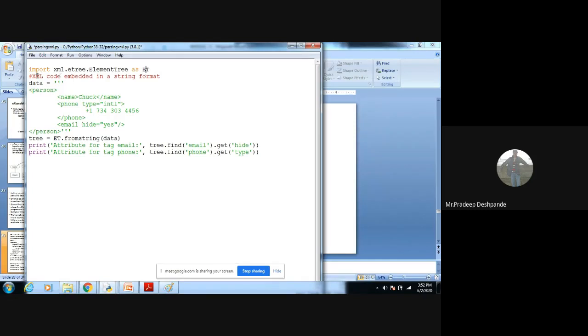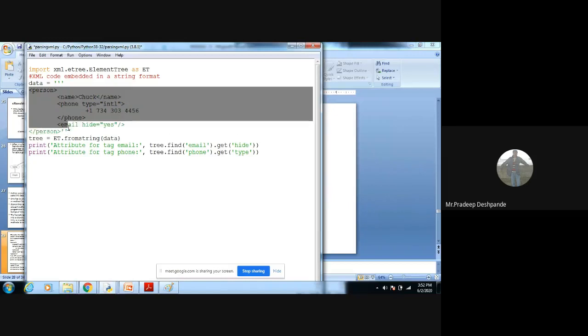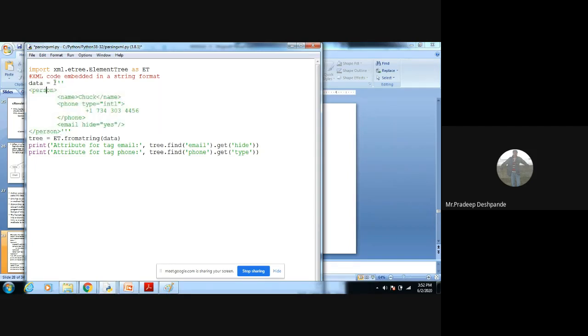Okay. So here XML code is embedded in string format. This is our XML code, from here to here. It is embedded inside this program in string format. What you see are three apostrophes here. Whenever you are embedding data inside a Python program, you have to use it like this.